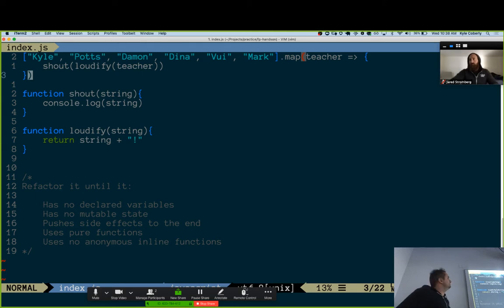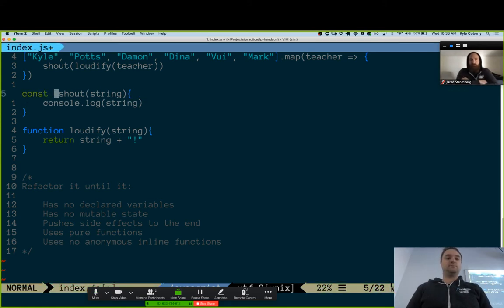So you're calling functions in the first one that are outside of the scope of it. That's fine. In the same way that in OOP, all those classes just get thrown into a namespace, we can use the classes anywhere. We can also do this with function declarations. These are out in the ether. However, if you do super want to be strict FP about it, we can do const shout